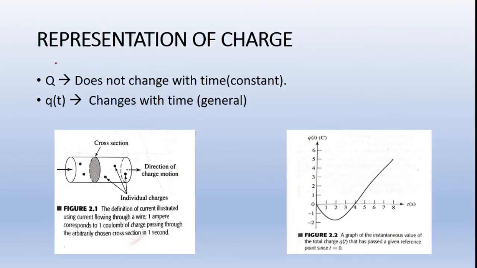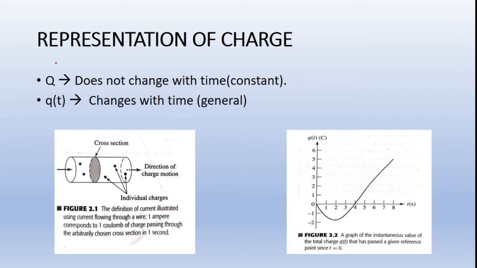Now, how do we represent charges? Charges we can represent as constant values or moving values. As I said earlier, when charges are accumulated at a single place, we say that it is constant. For example, you take a battery source, a battery does not move. A charge is stored within a battery. Your power banks, charge is stored within a power bank. So all those are constant values which do not change with time. So those are constant sources.